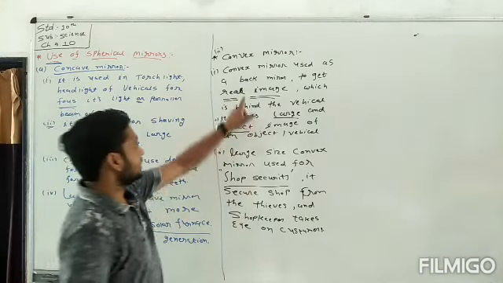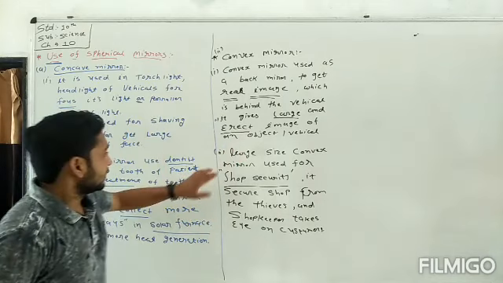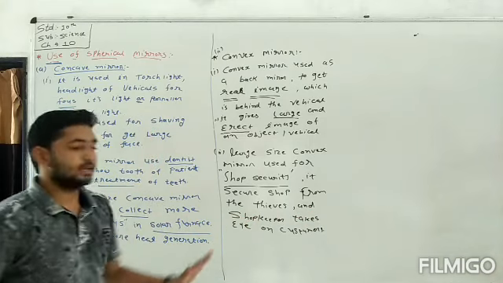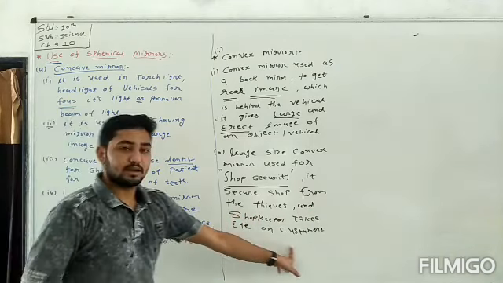First use is to get back mirror or rear image of the vehicle which is behind the vehicle, and this mirror gives large and direct image of an object. Large size convex mirror is used for shop security. It secures our shop from the thieves, and the shopkeeper keeps an eye on the customer. So these are two different uses of spherical mirrors.